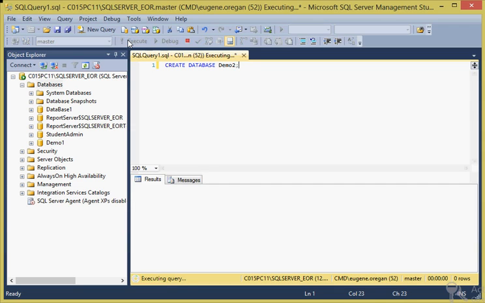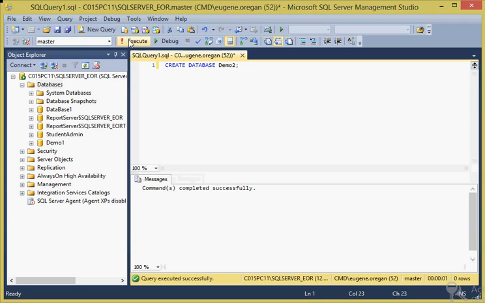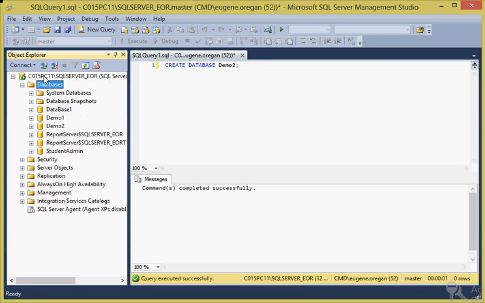So once I click on execute, down here in the messages pane you can see commands completed successfully. And in fact, if I refresh the Object Explorer pane, we can see the demo 2 is there. What I'll do in the next video now is I'll show how to put tables into either of these databases,